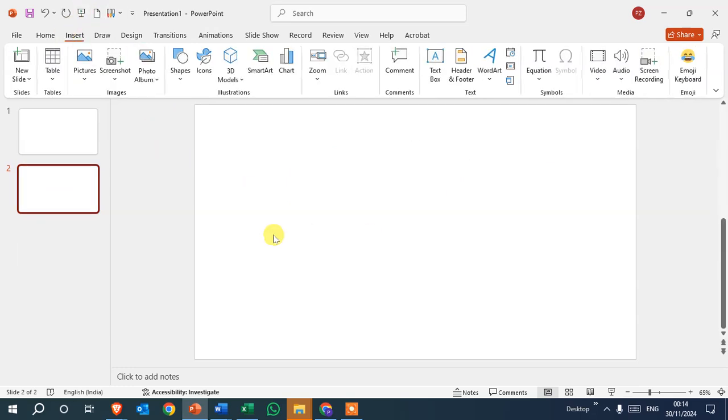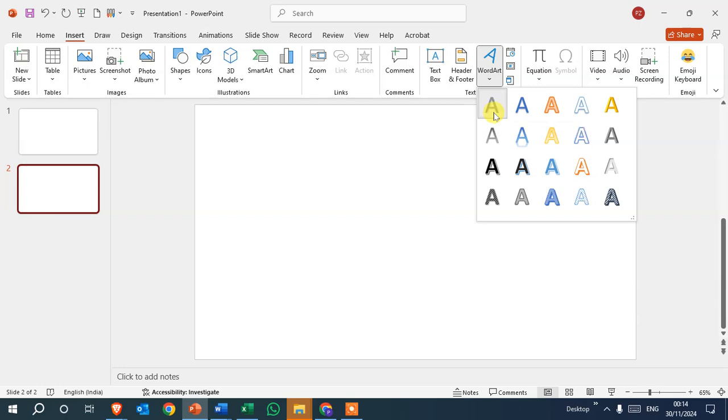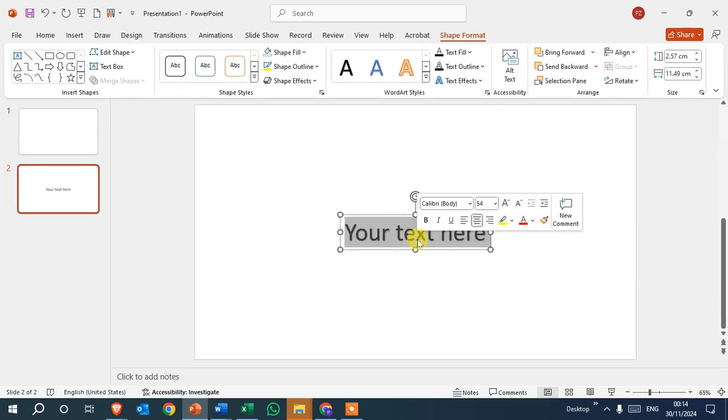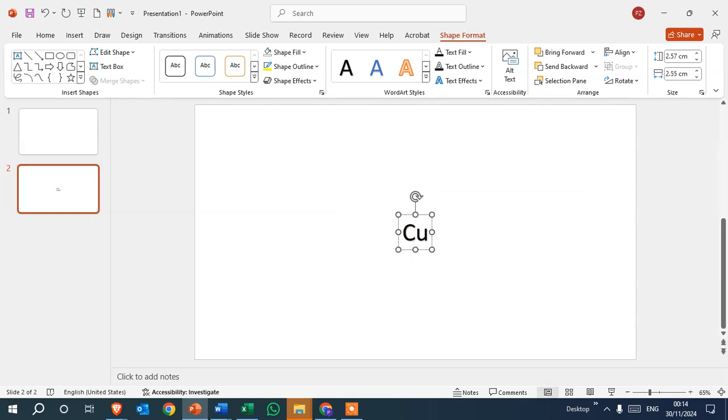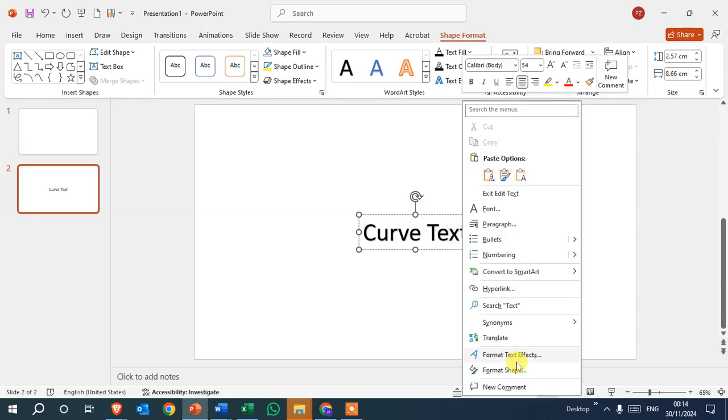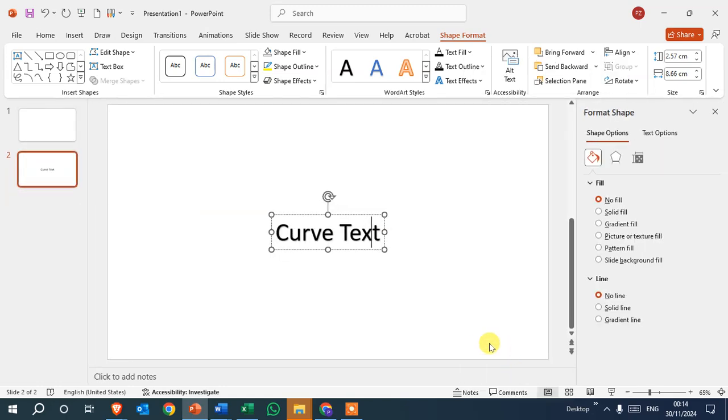Go to the Insert tab in the Text group, click on WordArt, then select your style and just write the text here. So I simply add here "curved text". Okay. Then right click of the mouse and click on Format Shape, and here click on the Text